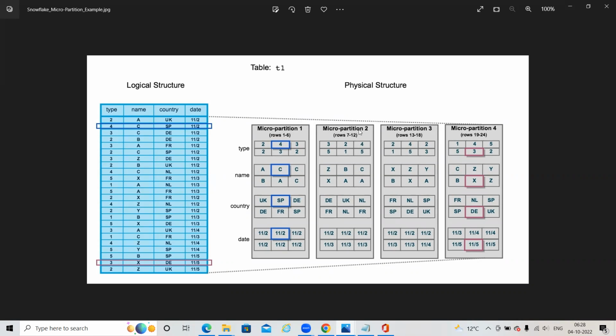Automatically, it will take care. We are not going to store it in a column format. Snowflake itself, the architecture they have designed, stores your data in this column format. Why are they storing in this column format? There is a very good advantage to storing data in a column format, which we will discuss after this architecture.